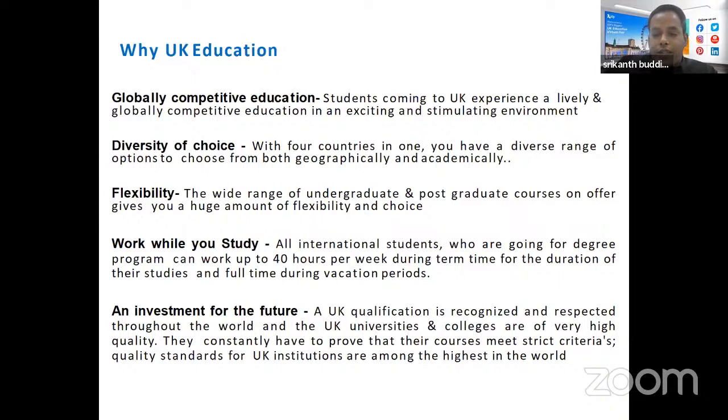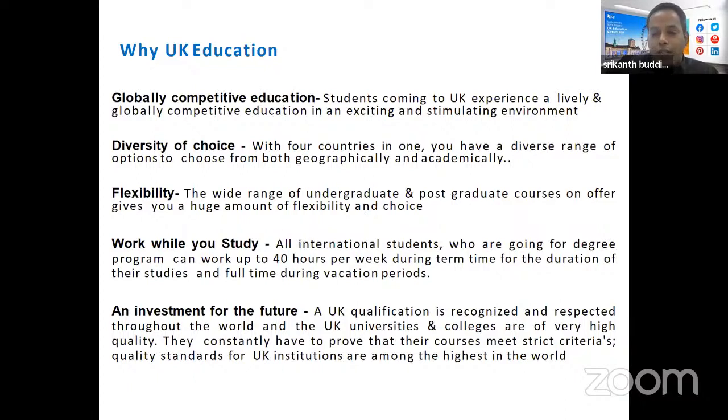In the UK, the education system has 3 semesters. In the first 2 semesters you study, and in the third semester you do a project. In total, you need 180 credits to get a master's: 120 credits for subjects and 60 credits for the project. If you don't complete your project, you will get a diploma or PG diploma, which is not valid in India. If you complete your project, you will get a proper master's degree that is valid globally.